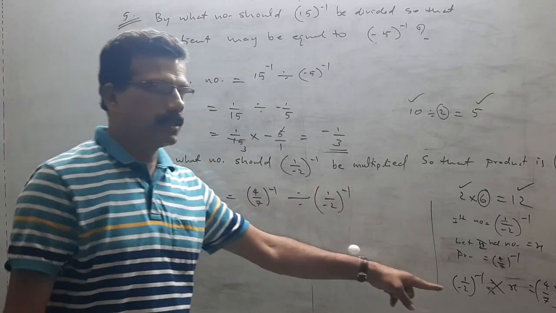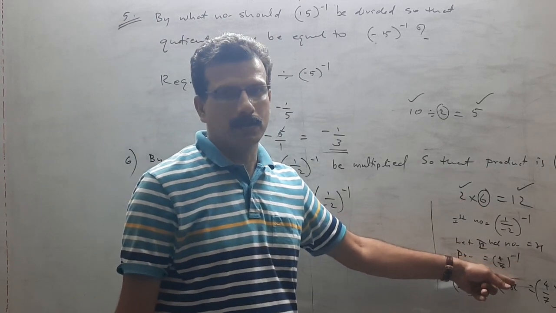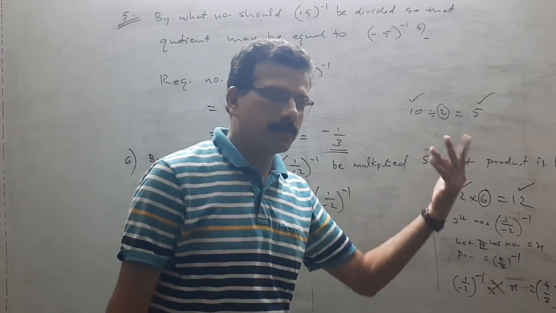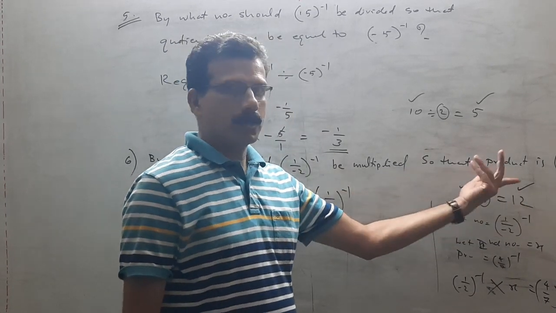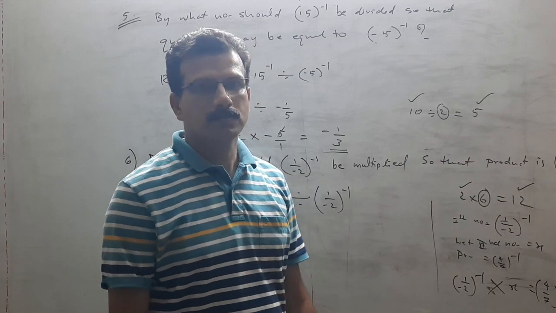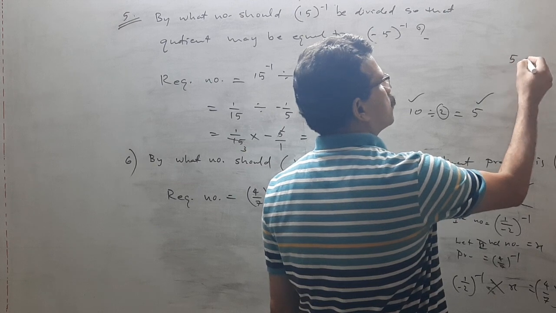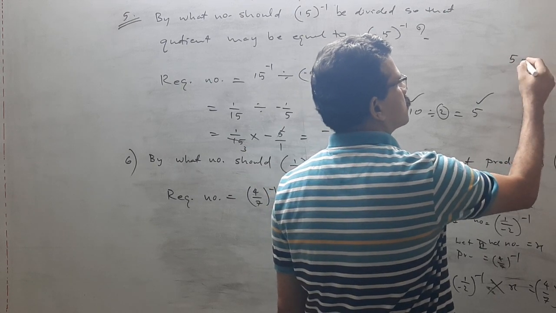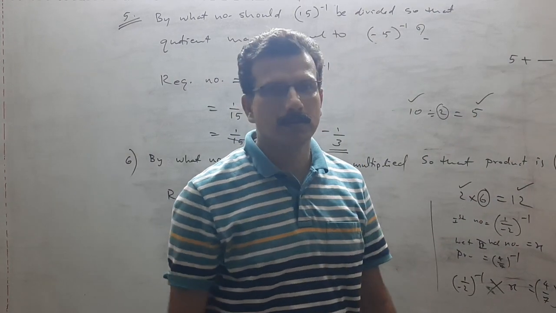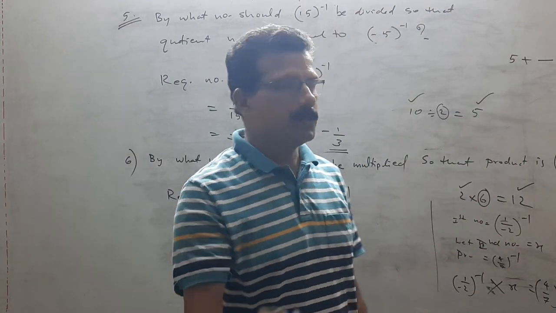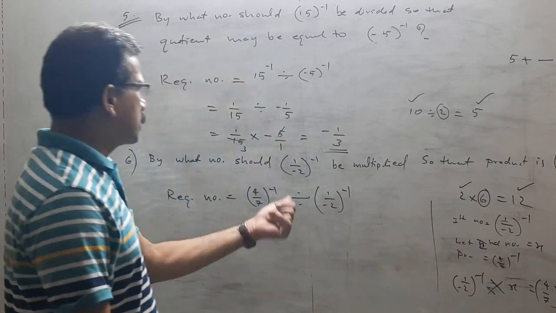We are not making it easy, we are making it complicated. I don't think that writing all the steps is an easy method. No. Actually there is no need of any x here. Simply we know 2 sixes are 12. Class 2 you studied this one. The sum of two numbers is 10. One number is 5. 5 plus which number is 12? So simply we can say 12 minus 5. No need of any variable unnecessarily. We studied algebra, but that doesn't mean that everywhere we have to apply algebra. Okay? So simply get it down.